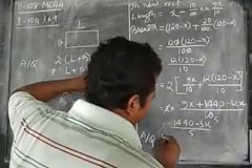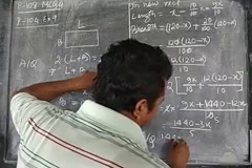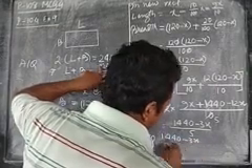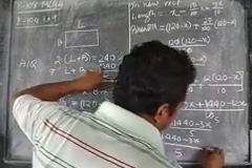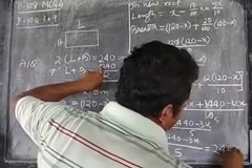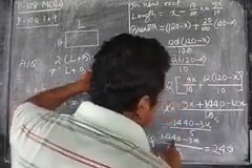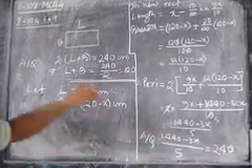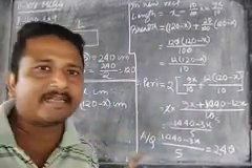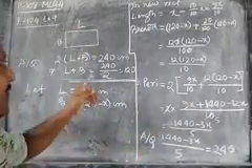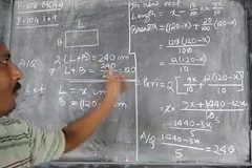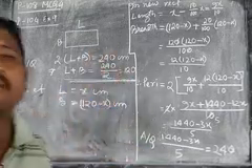So you can write (1440 minus 5x) by 5 equal to 240, and solve this equation to get the value of x. Then this x will give you the length of the original rectangle. Understand? And then you subtract this x from 120, you will get the breadth of the original rectangle.